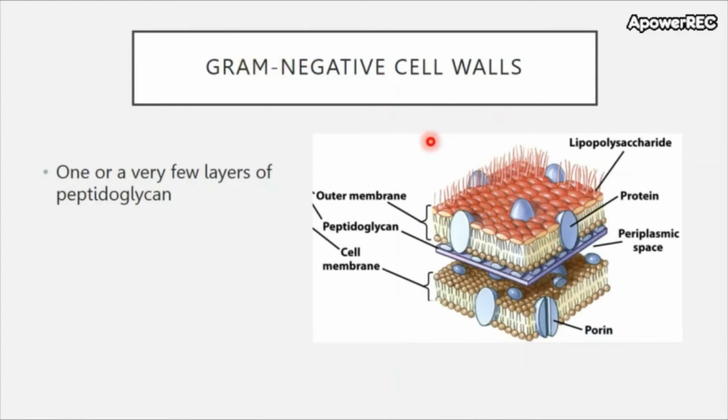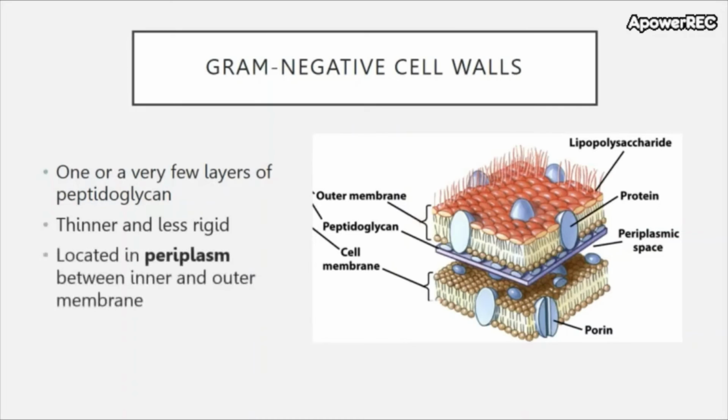Okay, here is a depiction of a gram-negative cell wall. And gram-negative cell walls also have peptidoglycan. However, they have fewer layers of peptidoglycan. So therefore, their cell walls tend to be thinner and less rigid. Although there's a lot of complexity to the cell walls of gram-negatives, they have what is known as a periplasm. The periplasm is